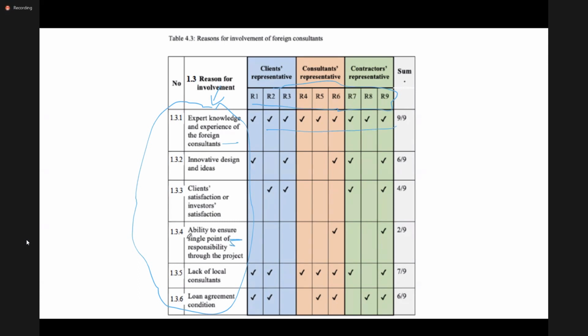This particular code, the fourth code, was only mentioned by R6 and R9. So that's another idea you can use to present your thematic analysis findings. So you're showing a logical relationship between the data and your findings, where your findings came from.